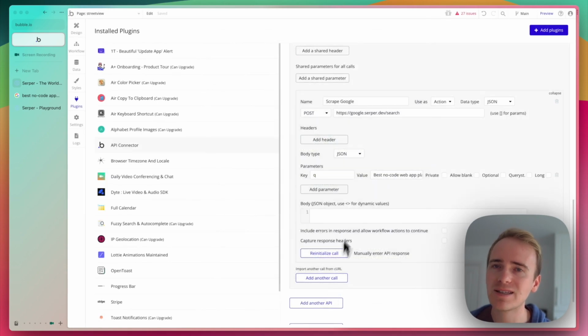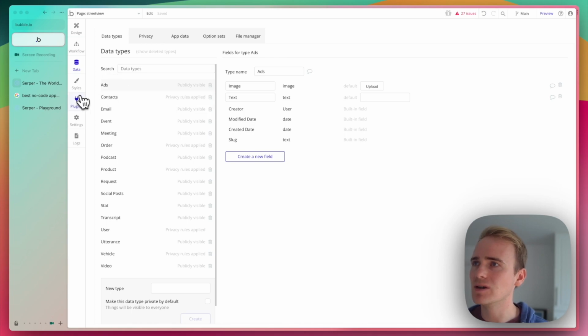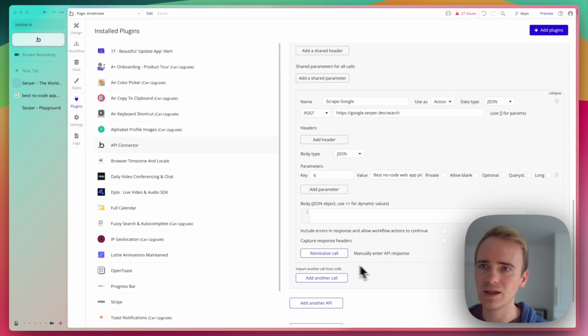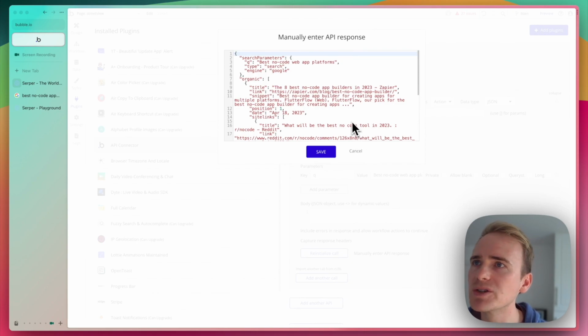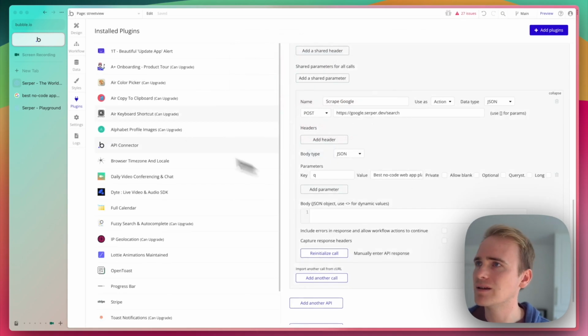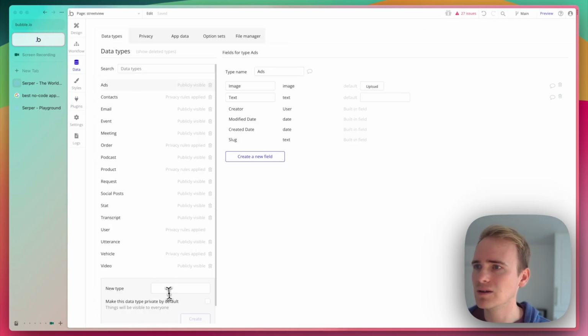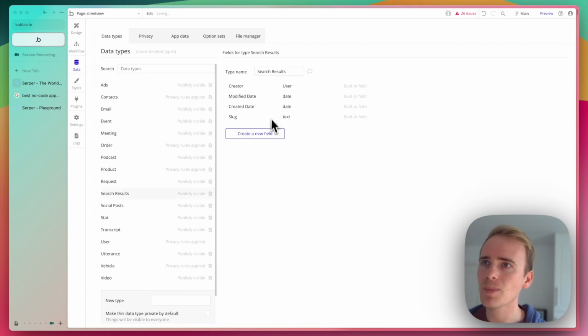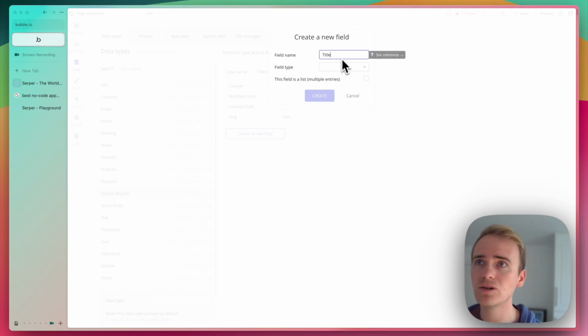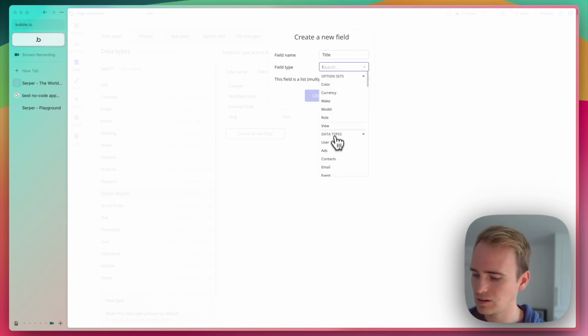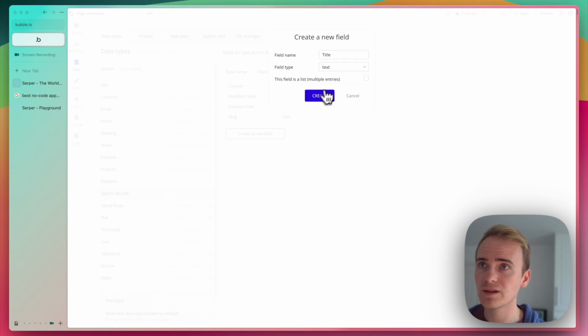So let's save these search results to our Bubble database. First thing I'm going to do is go back here and just click manual, because I just want to see the key data fields basically. So we'll just do title and link, I think. So I'm going to go into data. I'm going to create a new data type. I will say search results and add in those fields: title, of type text, and link,